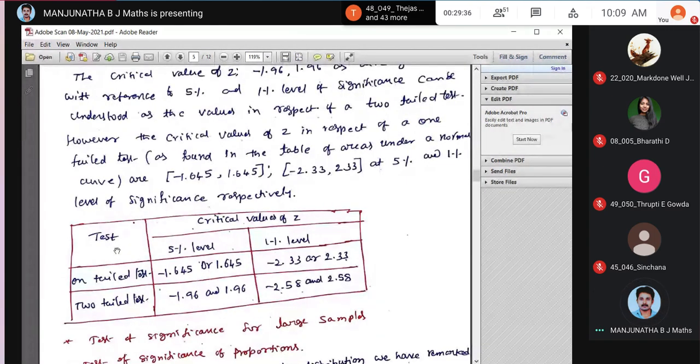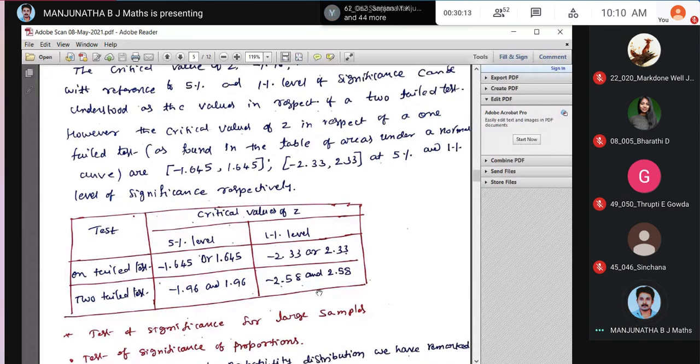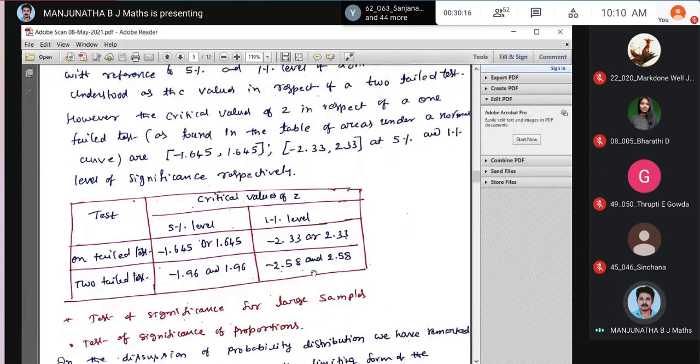See, these are the tests. So look at the critical values for Z, whether it is greater than that or less than that, you have to consider. You have to accept the hypothesis or reject the hypothesis, so we have to see the critical value. Test critical value of Z, at the 5% level and 1% level. For a one-tailed test at the 5% level, the critical value of Z must be minus 1.645, and at the 1% level, minus 2.33. For a two-tailed test, it should be minus 1.96 and 1.96 at the 5% level, and minus 2.58 and 2.58 at the 1% level.